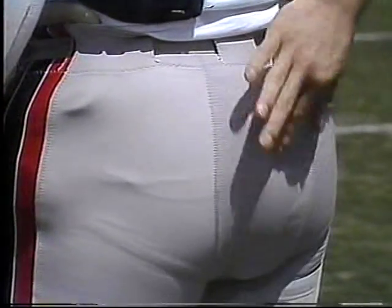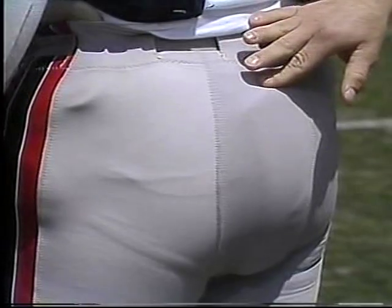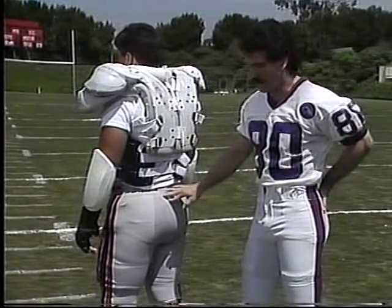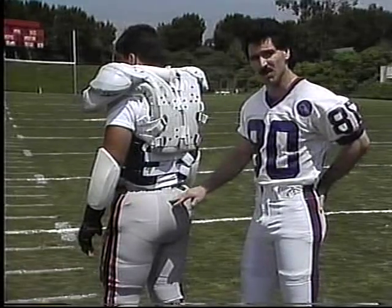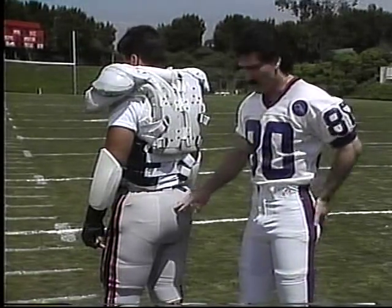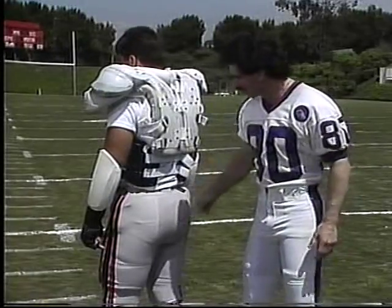Coming around the back, we've got what we call a tail pad. Now, the tail pad will protect the spine at the spine's lowest point, and that's a very vulnerable part of the body, and if that's injured, it could be very serious. So you want to protect that tail part, the bottom part of the spine, so we wear what's called a tail pad. We've got the hip pad on the other side, and coming down farther, we wear the thigh pads,